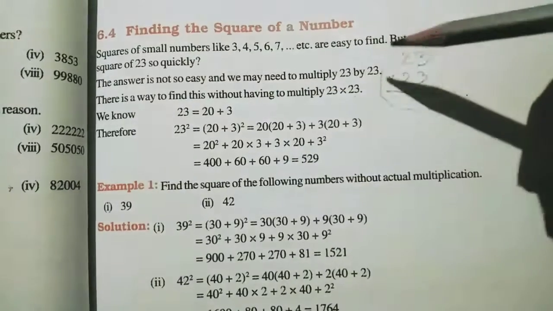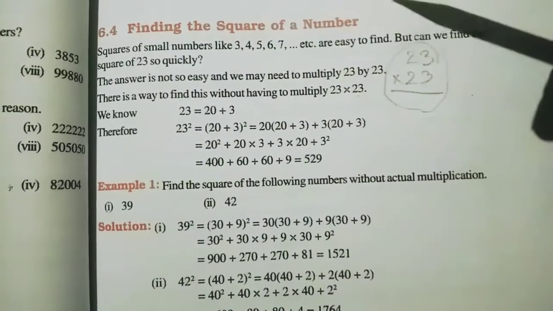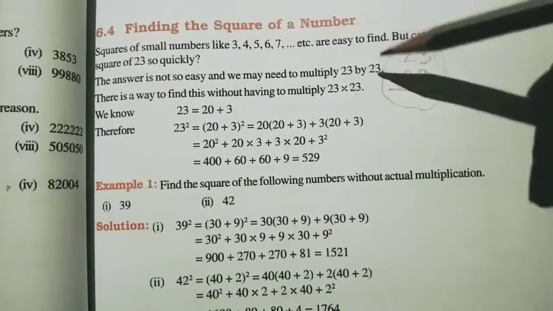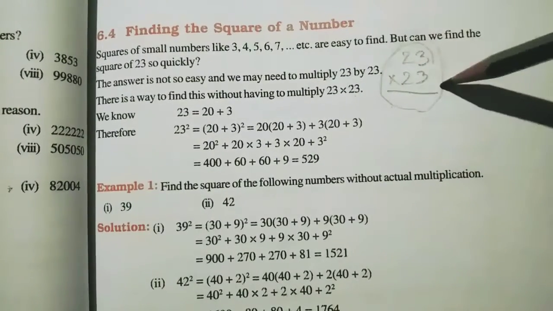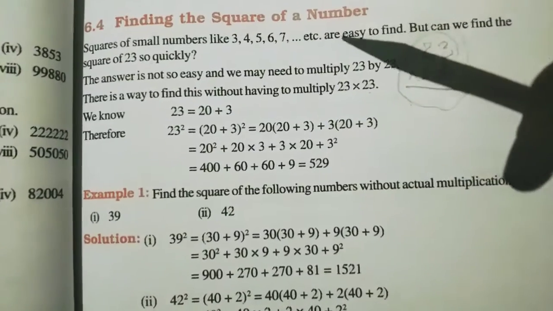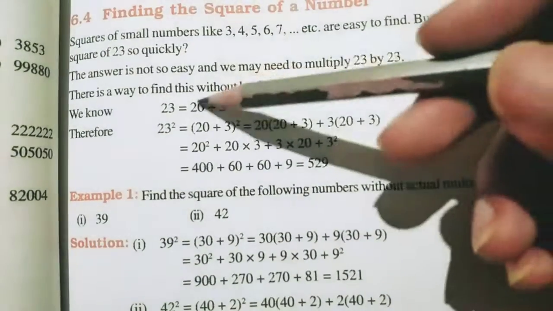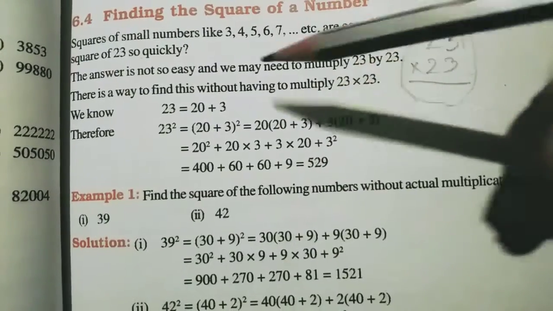So now this is the process. Okay, so in this class you're learning the new process of finding the square of a number. We all know how to find the square of a number by multiplying like this. But without multiplication, how can you find the square of a number? Now see the process. What is the process here? Carefully see. So first of all, whatever the number is given, 23.